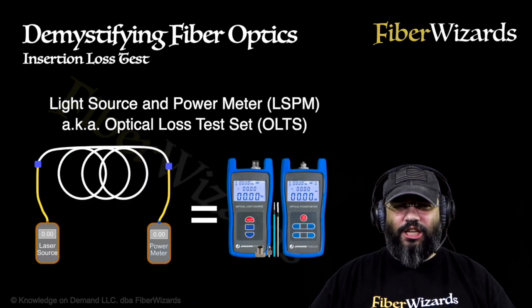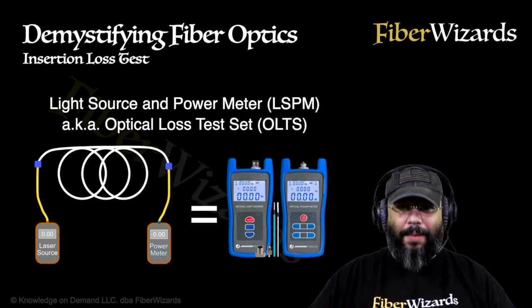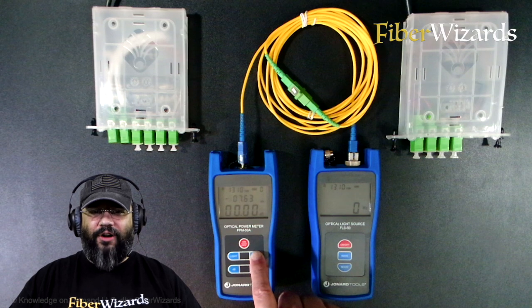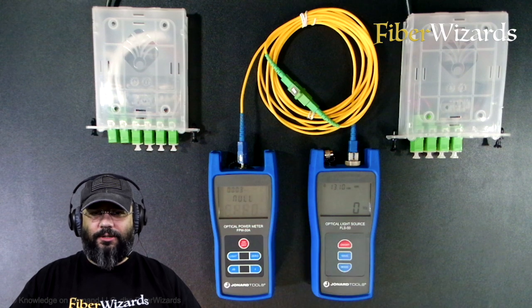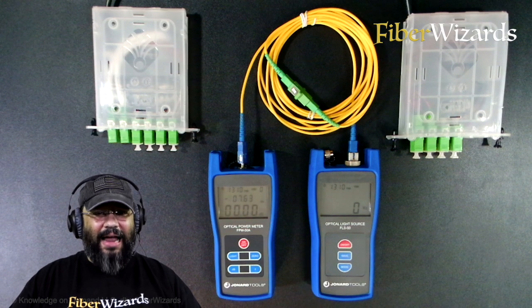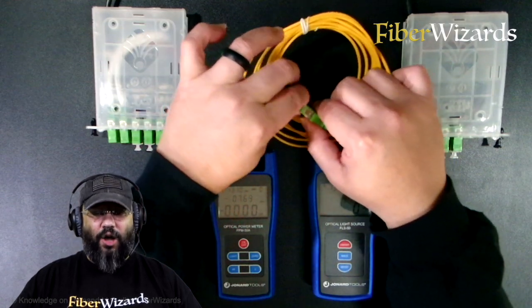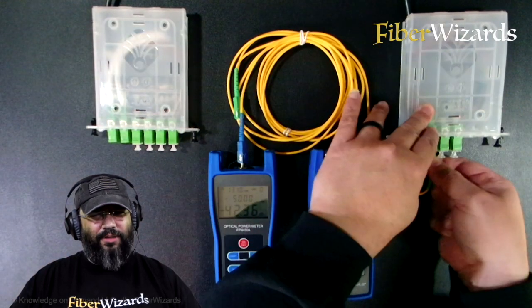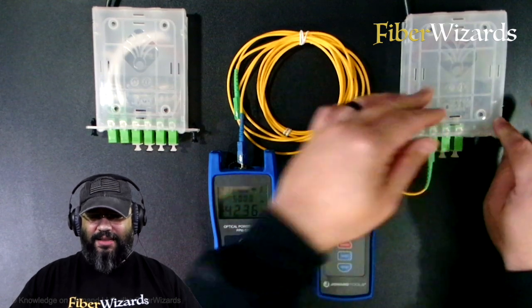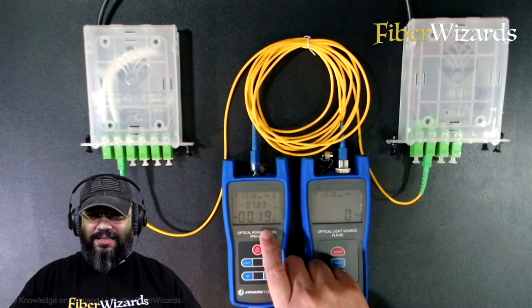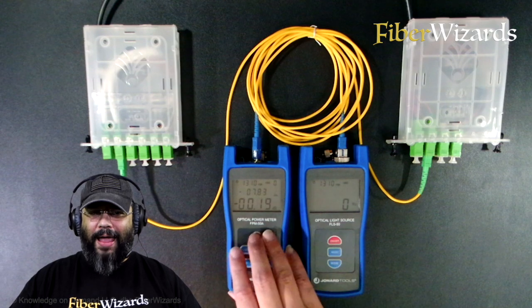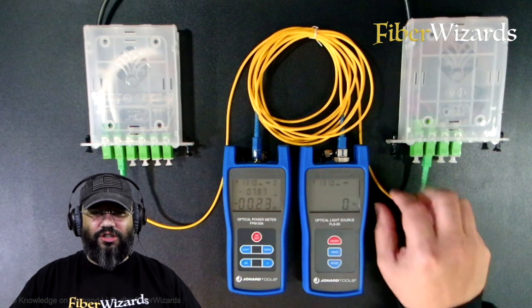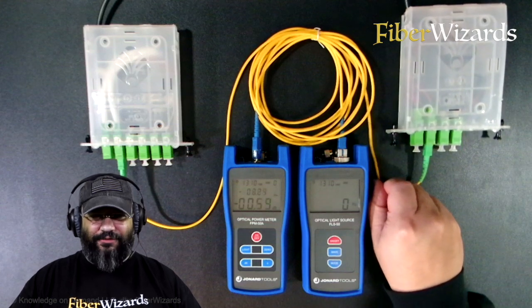Insertion loss test is performed with a light source and a power meter. First, the test equipment components are referenced and set to 0 decibels. Then, light is injected on one side of the link, and at the opposite end the power is measured. If the reference value is captured in the equipment at the beginning of the process, the equipment itself will compare the before and after values and will calculate the insertion loss according to the resulting difference.